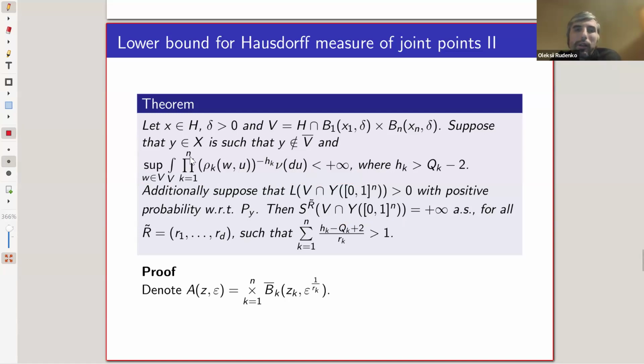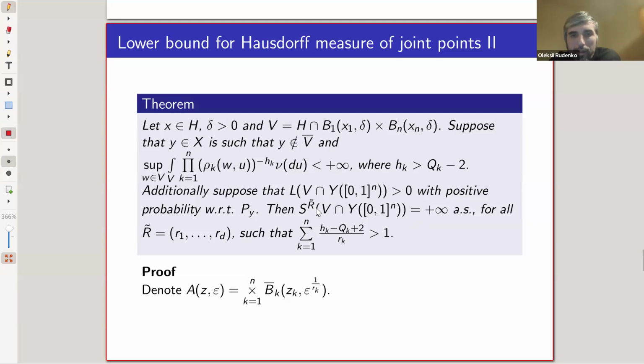I did not define the corresponding capacity, so I cannot say much about capacity, but at least the supremum can be understood also as capacity, and it is known that such capacity also exists for such a case from some works on multi-parameter Markov processes, but it is not important. So suppose that we have this condition. Then additionally, I suppose that this intersection local time is actually intersection local time in some sense, so it catches intersections. It's positive. Otherwise, it doesn't make sense to be intersection local time. And then